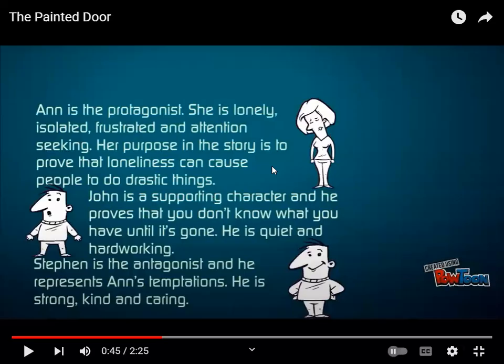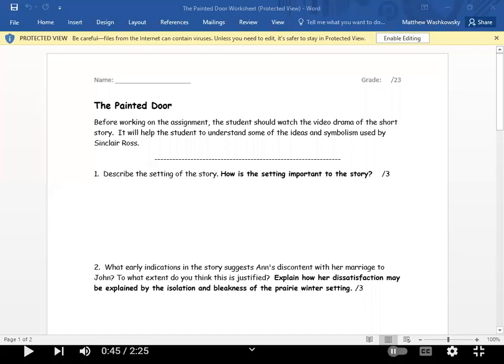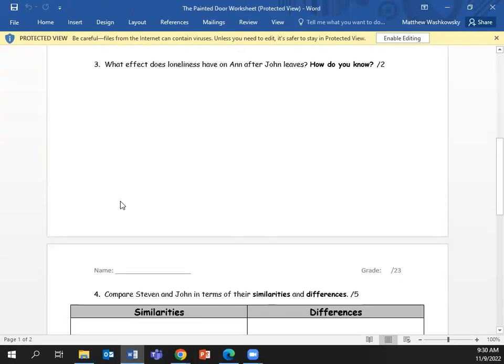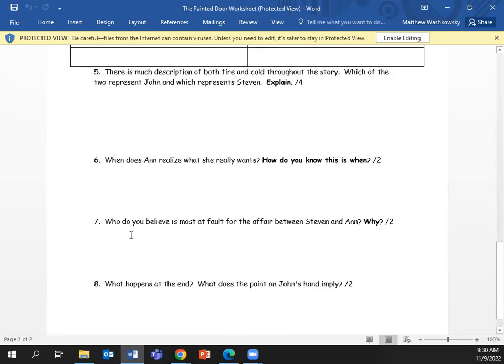So first off, if you look at number 7 here, who do you believe is most at fault between Stephen and Anne? You're welcome to make up your own mind there as to who is most at fault. But one thing we do know here,